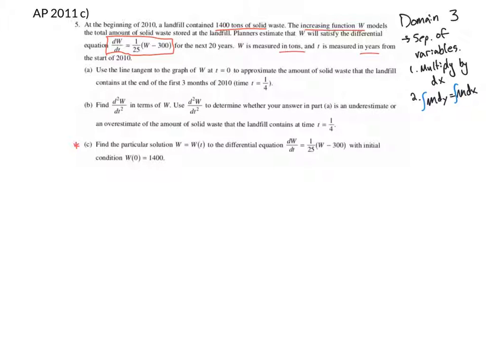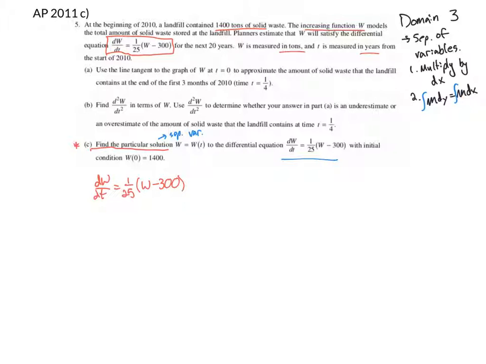And then in part C, it says we want to find the particular solution. Okay, so this is our big hint to use separation of variables and to solve this differential equation using that. So let's go to it. So I'm going to just start by rewriting the differential equation. dW/dt equals 1/25 (W minus 300). Now the first thing that we're going to want to do here is to multiply the dt